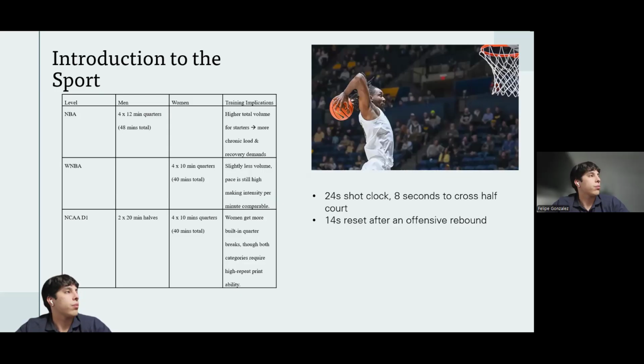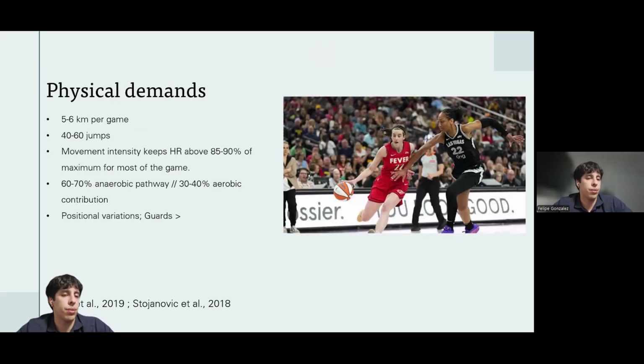offensive rebound. Now, for physical demands, time motion analyses show that players cover 5 to 6 kilometers per game while performing over 40 to 60 jumps and hundreds of accelerations and decelerations. Movement intensity keeps a heart rate above 85 to 90% of maximum for most of the game. And we're going to have 60 to 70% of anaerobic pathways with 30 to 40% of aerobic contribution, mainly